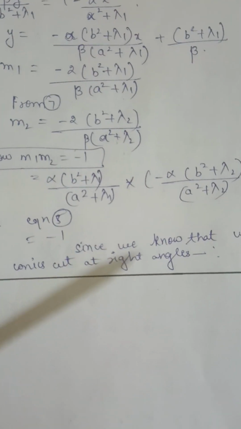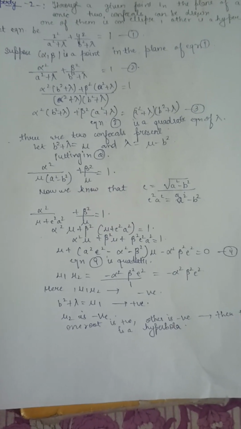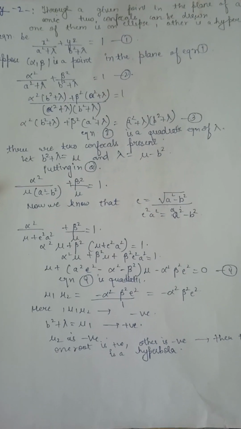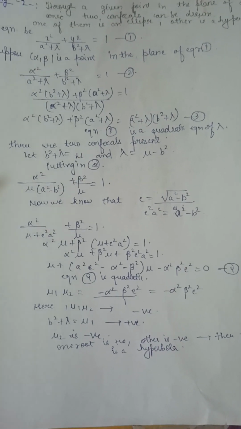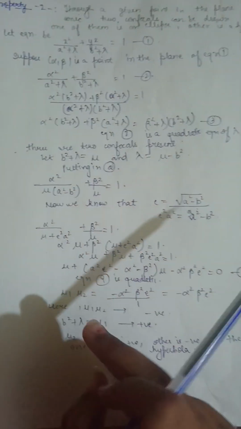The second property is, through a given point in the plane of a conic, two confocals can be drawn. One of them is an ellipse, other is a hyperbola. So now we have to prove